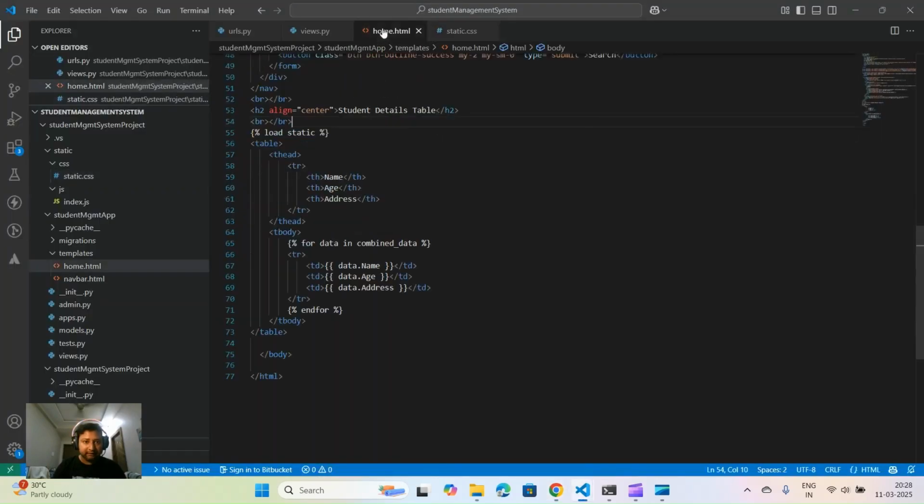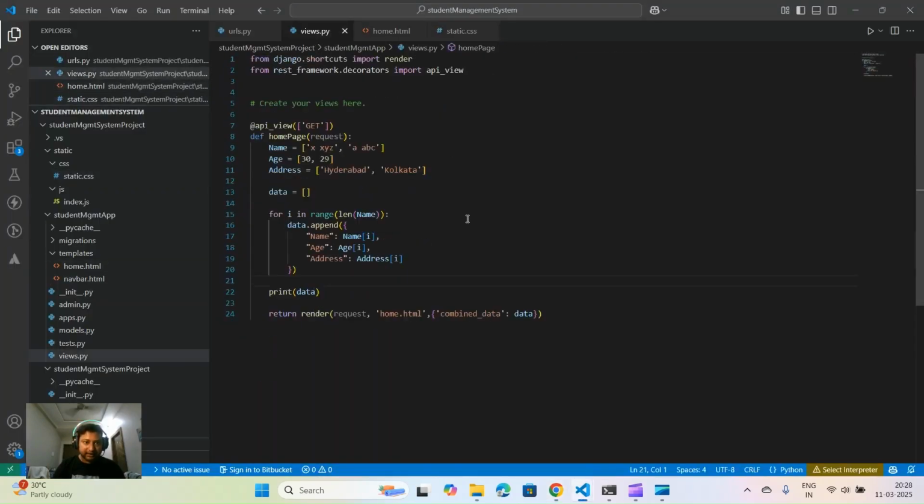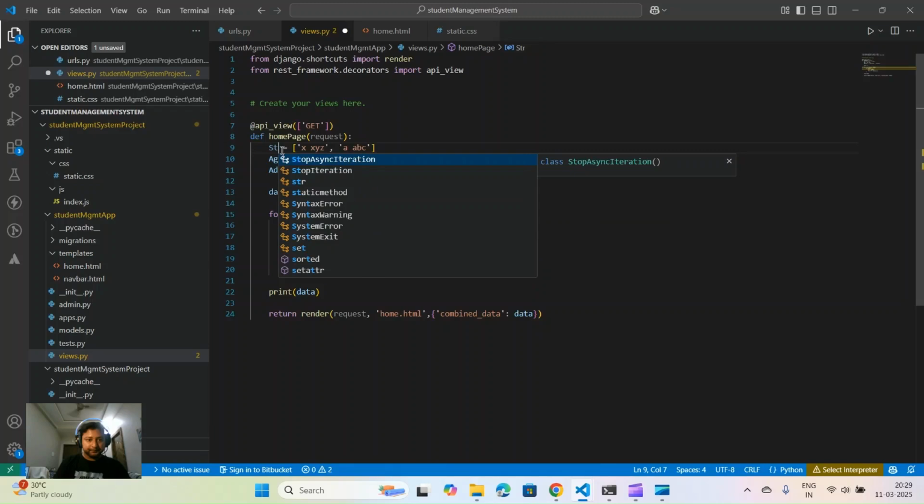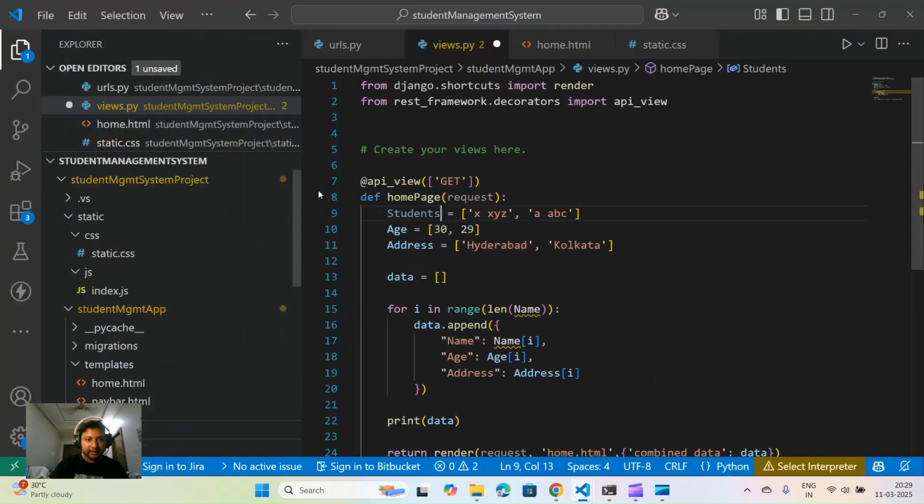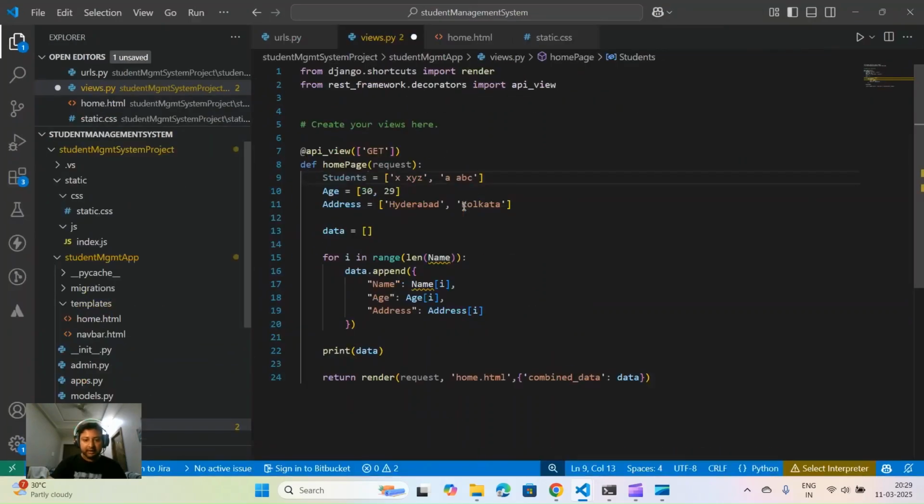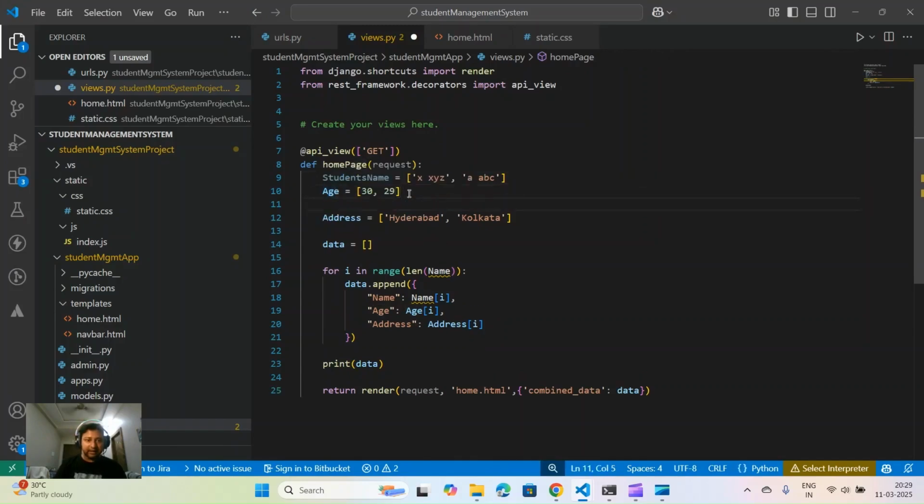Instead of that I will give student names. And one more thing, guys, I have to change all the things over here if I want to provide some sample data. So instead of name I can give students. I will enlarge the screen a bit so that you can see students name. Students name I just provided. After that it will come like age, which is fine. After that it will come like maybe